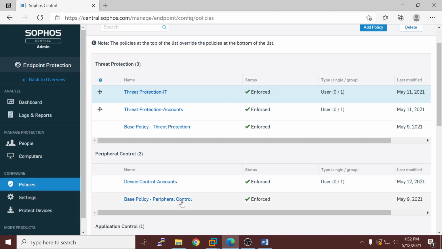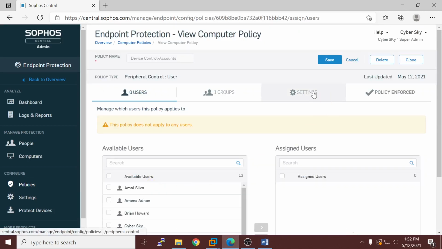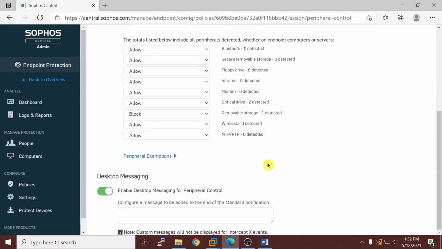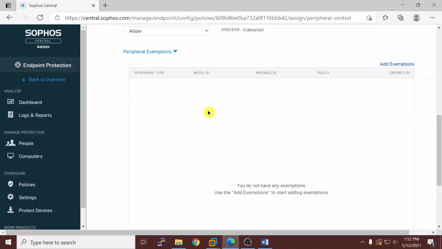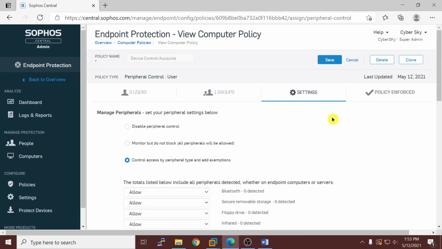Even though the account department will be blocked from these same devices, if admin, visual or any other department users log in, then those users can access these devices. At the same time, you can add some exceptions here like I explained. Those are the things you need to consider when you add this device based, peripheral control policy. Okay, so thank you guys.